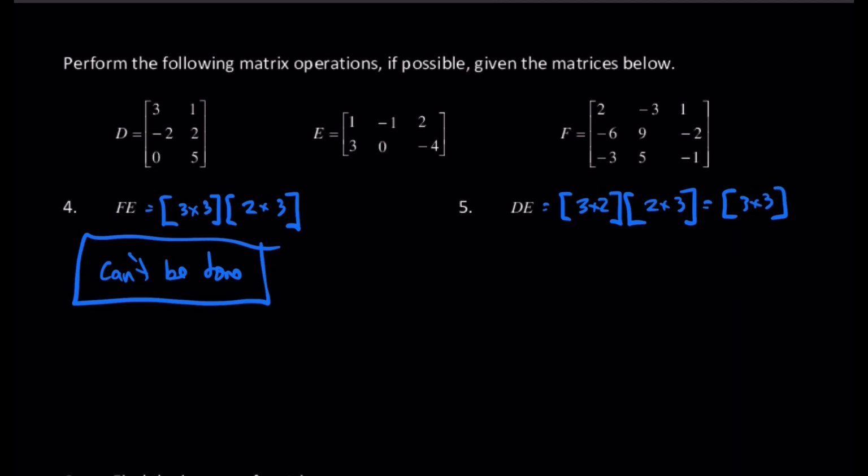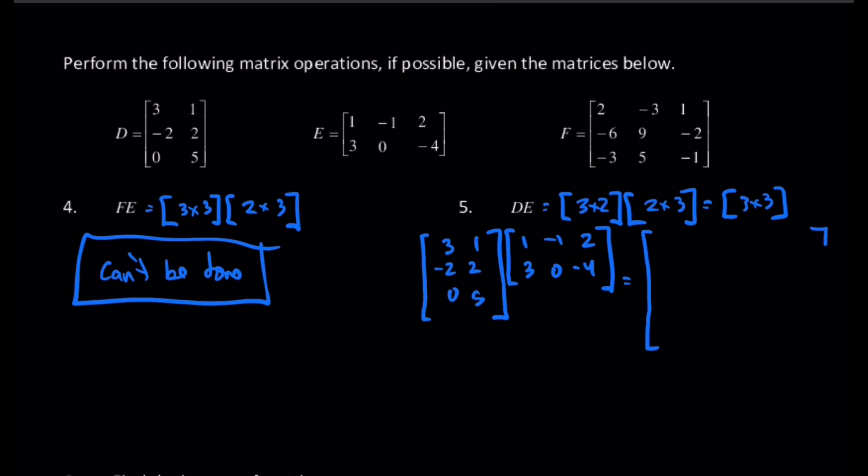Please, please, please write the original matrices out. All right, where I see issues every year, students try and just do it from the given matrices up above without writing them out. So D is going to be a 3, 1, negative 2, 2, 0, 5, times E, 1, negative 1, 2, 3, 0, negative 4. All right, I'm going to have a 3 by 3 matrix. I'm going to do all the work there, and then this will be my final